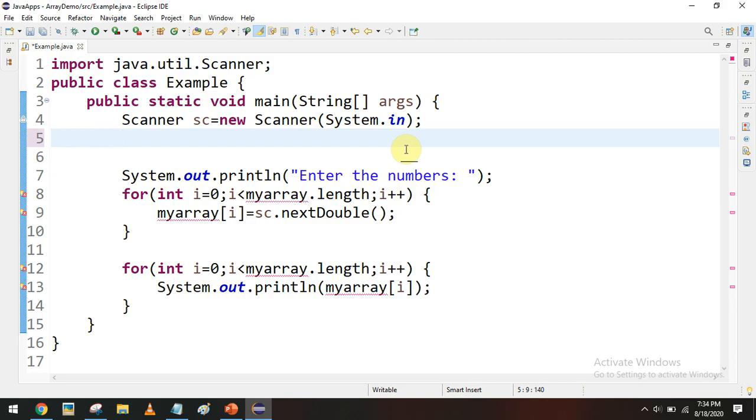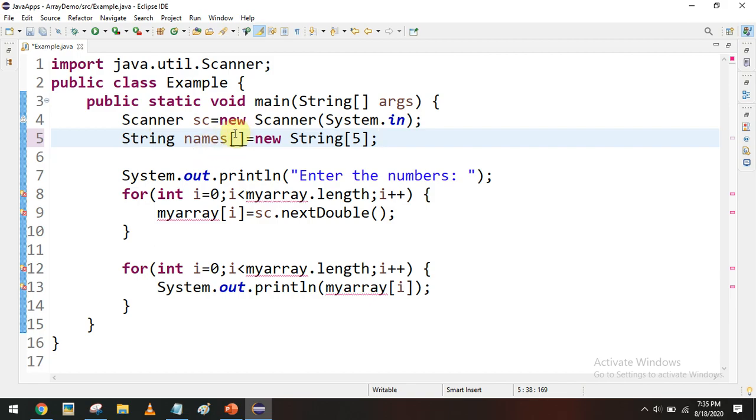You can create a string array names equal to new String, and inside you give the number of names you want to store. So this is about creating a string array.